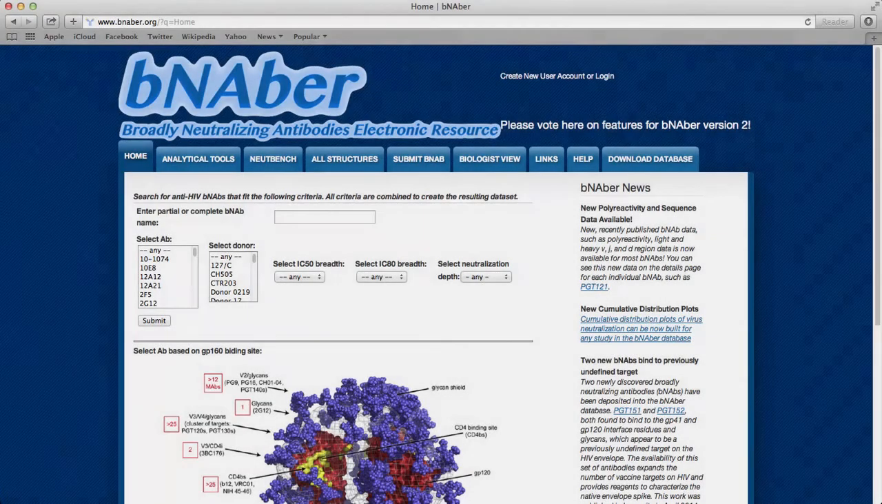The bNAber Neutralization Workbench, or Neutbench, is an interactive toolbox for analyzing neutralization data. One goal of the Neutbench is to bring together existing and newly developed tools in bNAber into a shared workspace. In this tutorial, we will explore some of the new Neutbench tools, including cumulative distribution plots, heat maps, and multi-study